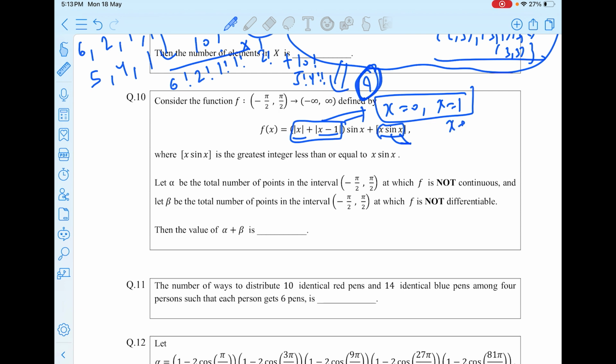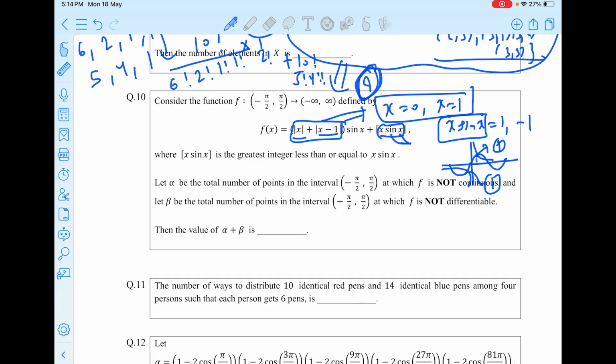So see x sin x, where it is becoming 1 or where it is becoming minus 1. Now we have to check at 0, at 1, and where this is becoming 1 or minus 1. So basically, is it possible for x sin x to be 1? Yes. If you see the graph of sin x, it is like this. If you see the graph of 1 by x, it is like this. So yes, it is possible that it is becoming 1,